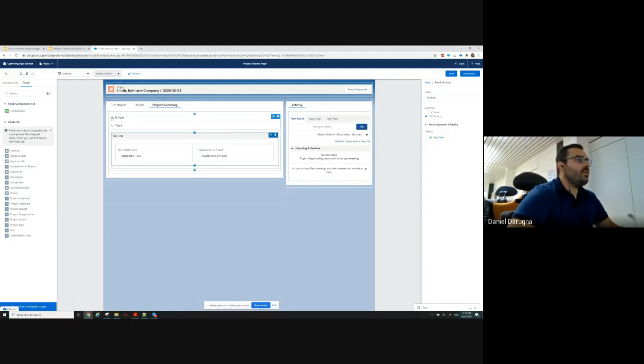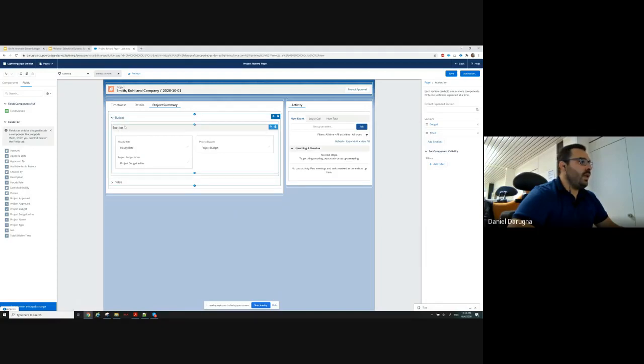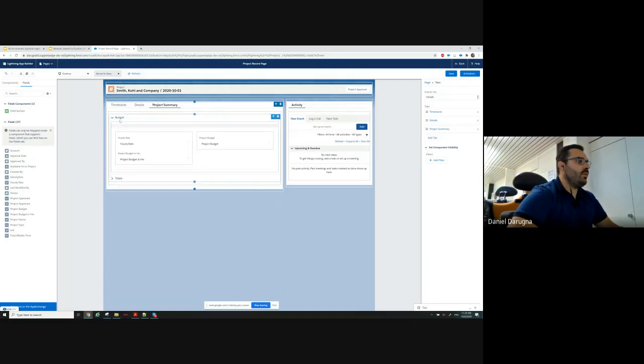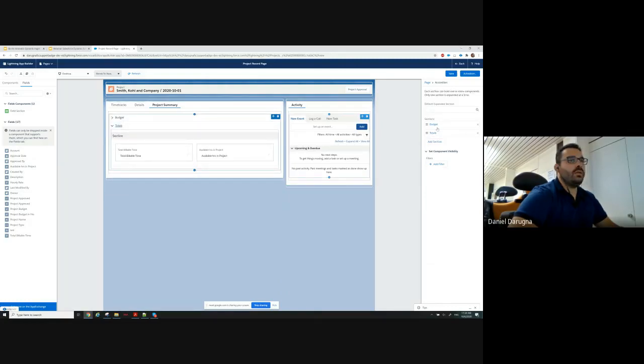What we can also customize here is the name of the section, the name of the field section. Here it's just called section, but I want to have no name there. So I can just remove it. So it will be like this: budget and the fields and totals. I also don't want any specific name here. So I'll just delete and leave it empty. Now, if we save and we go back to our record,